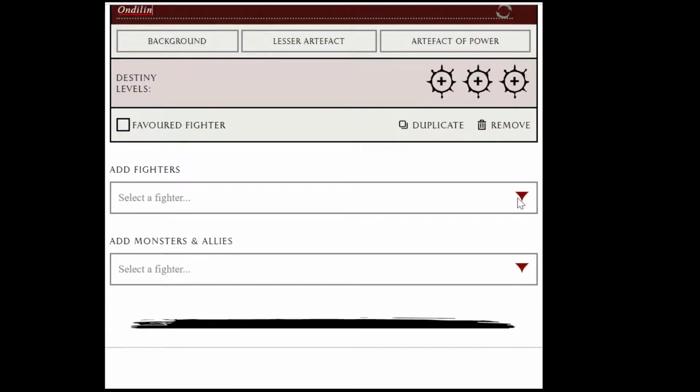Because you can add fighters during the aftermath stage of the campaign, I'm not going to worry about adding any more there of the regular fighters. That should be enough to get me going. I am going to add a hero and some allies. So for my allies, I am going to choose